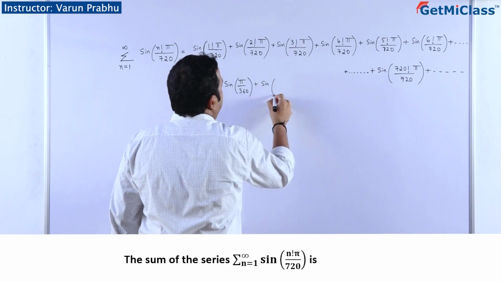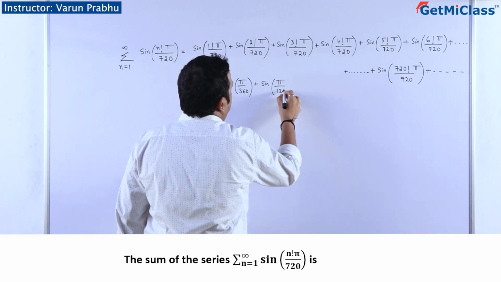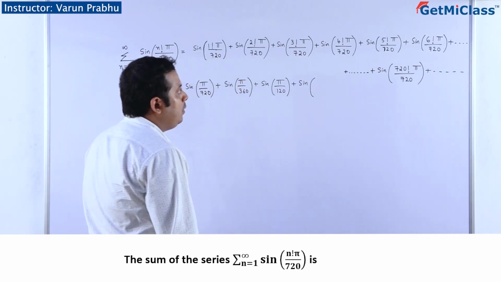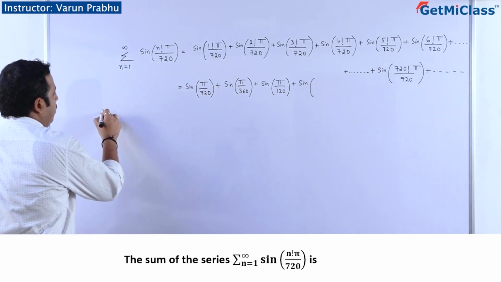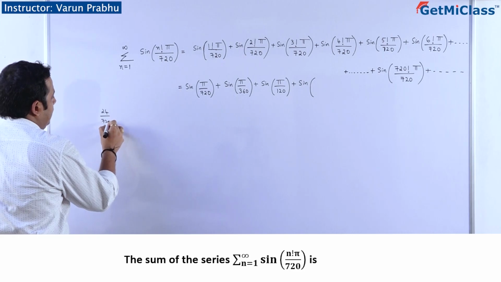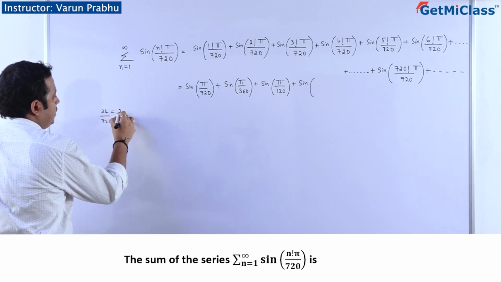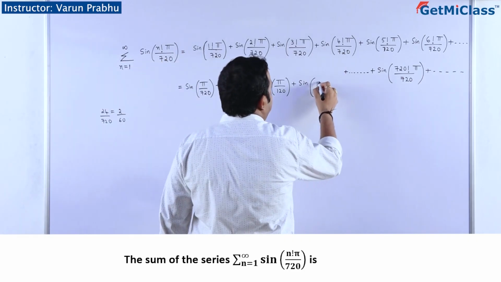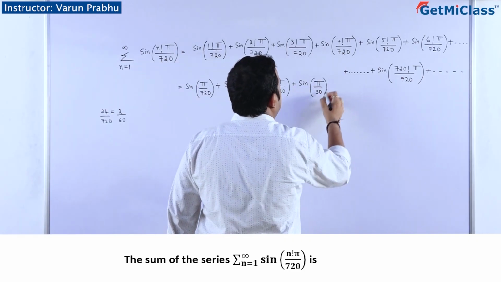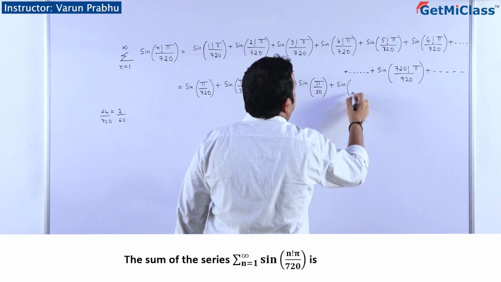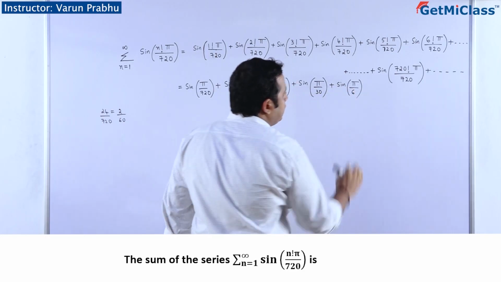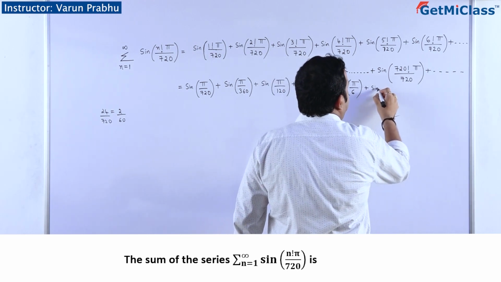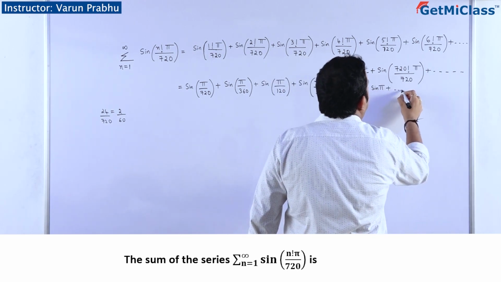So I can write sine of pi divided by 120, and plus sine of 4 factorial is 24. 24 divided by 720, we can write like this. 12 2s are 24, 12 6s are 72. So this is nothing but pi divided by 30. Plus sine of pi divided by 6, plus sine pi, plus it continues